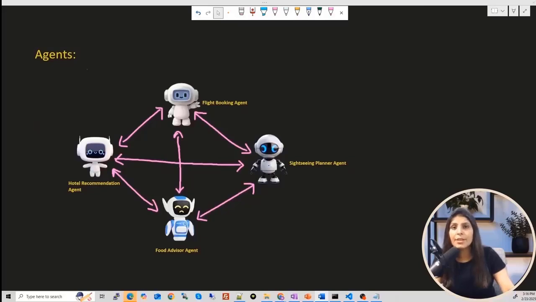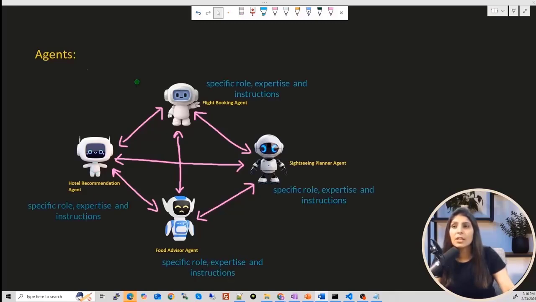In Crew AI, each agent is like a team member with a specific role, expertise and instructions. See here. This flight booking agent is like one team member. The task of this team member is to book flights. And this hotel recommendation agent is like a team member who will provide the list of hotels on the basis of our budget. Okay. So an agent is like a team member, and each agent has a specific role, expertise and